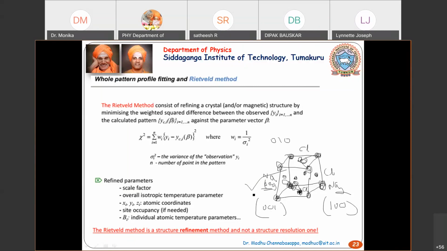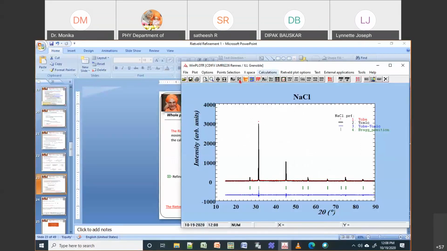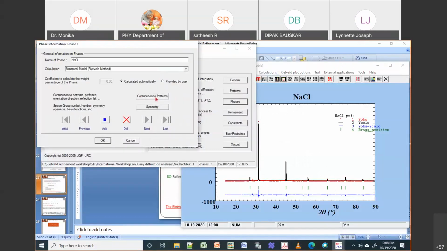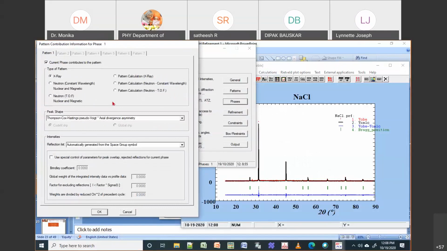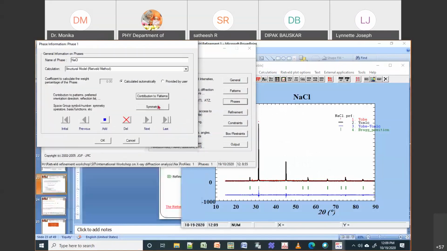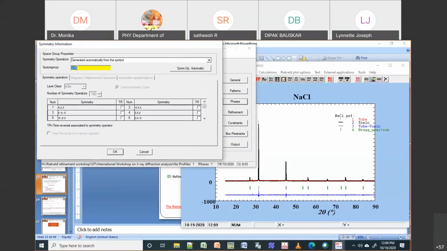Okay, it will. So initially what you did is you changed the phase to structure. Then the contribution is the same. Your X-ray reflections have to be generated automatically. Automatically means you're asking the program to generate the HKL reflections based on the space group. So you're giving the space group as Fm minus 3m, which is 225,